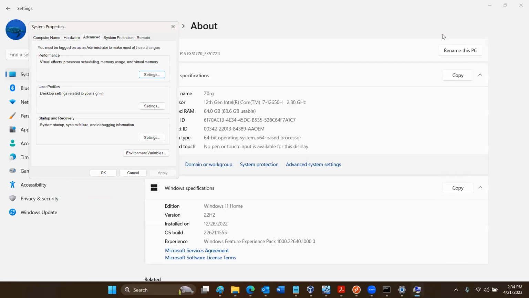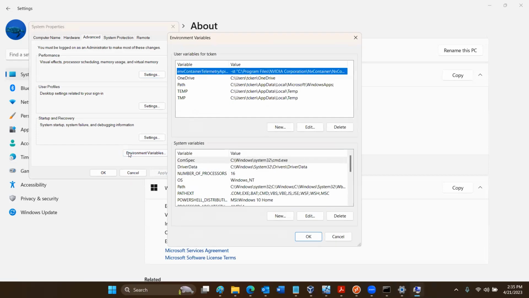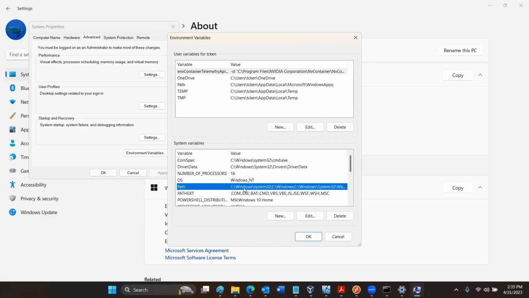So as I'm looking at this, in the advanced tab under system properties, we have this thing called environment variables. And one of the coolest things about environment variables is that there's all sorts of common information that's stored in there, like the path.